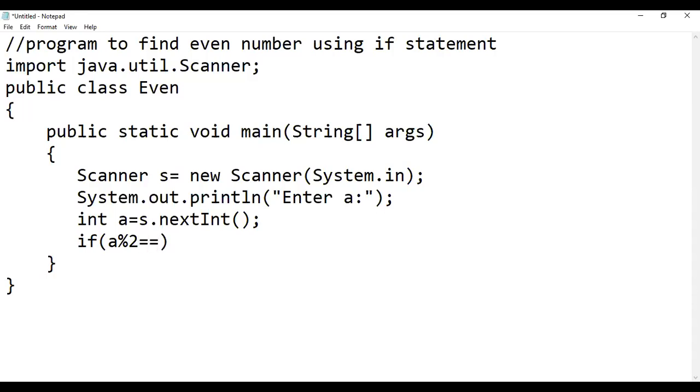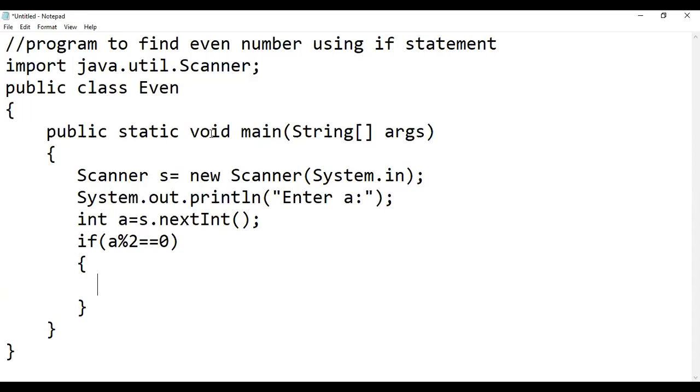If a modulus 2 equals 0, it means the number is even. In the body of the if statement, we can display our message, because when this condition is true, control will enter this block.